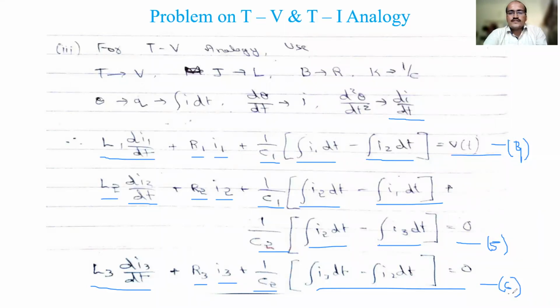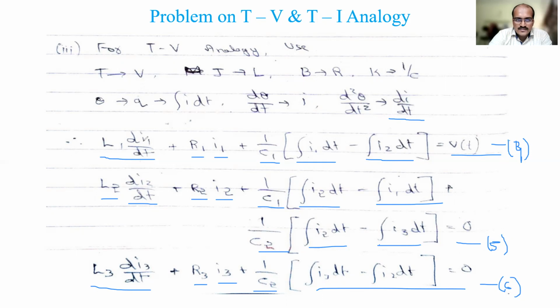Now you have to write the equivalent analogous network, that is the TV analogous network. So far you have seen TI, where straight away nodal analysis was written. Now you have to write the mesh again. How to write the mesh? First, is there any dependency between the first and the last? No, right? In the rotational system, one element came after another, so the first and last are not dependent. So you can draw a planar network.